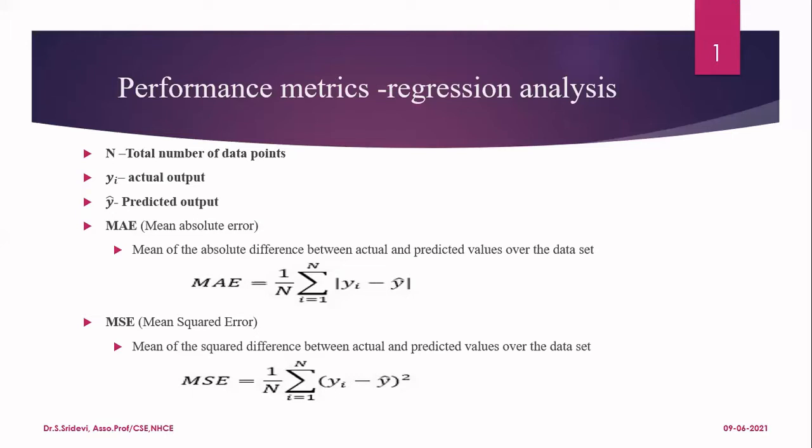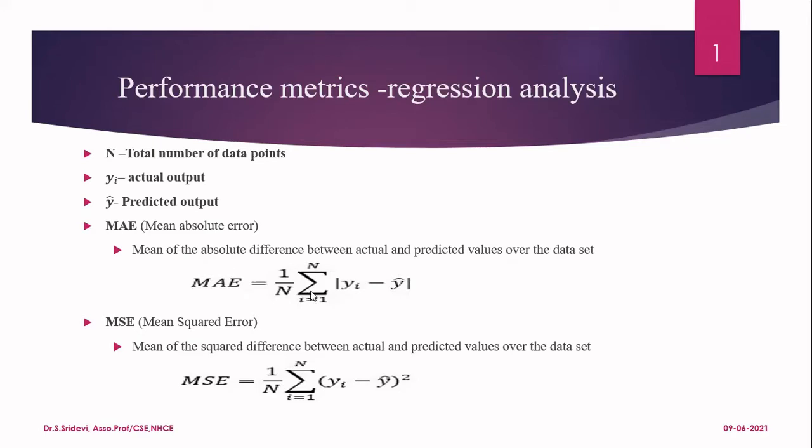So what we are going to do here is, we are going to take the absolute value of this. Absolute value is nothing but, even if you have YA minus Y cap as positive or negative, it will take only the absolute, that is, you will get only the positive value. So find the absolute value of the error between the predicted and the actual. Then this is for one sample. Likewise, I have to find it for all the samples in my data set. So I am going to sum this. Find the sum of all the samples from i equal to 1 to n. And finally, you have to find the average, because this is mean absolute error. So to find the average, after you find the sum, divide that by the total number of instances in your data set. So you'll now be getting MAE.